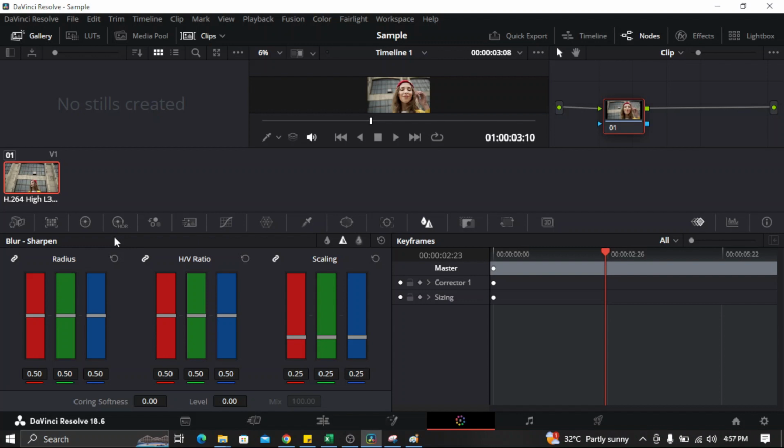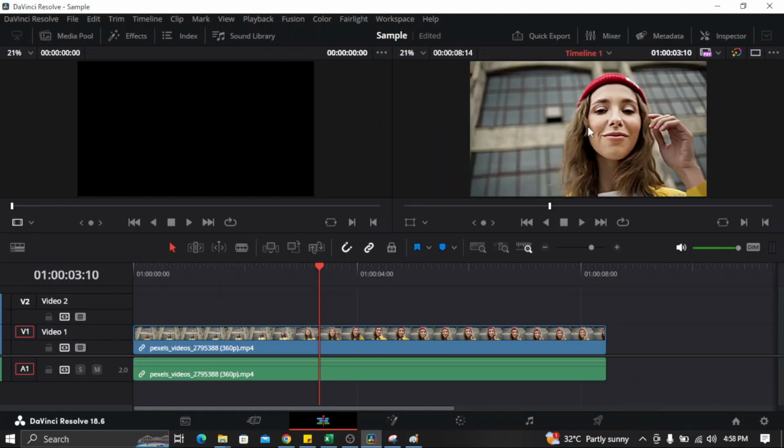So what we are going to do here is you'll see this Radius, and on the Radius all you need to do is decrease the radius. Alright, and once you decrease the radius, let's check if the image or the footage was already sharpened. See that the footage is already sharpened,